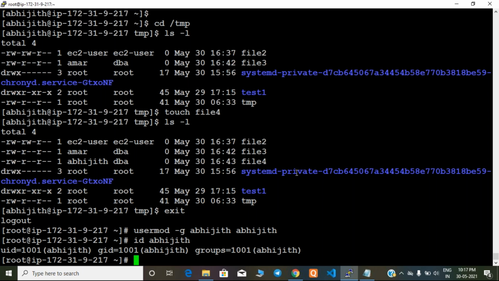Now did you understand? Yes. Compulsorily, every user should be part of one group. Simple. If you are removing one user from one group, you have to add that user into some other group. Okay, so I added Abhijit back again.